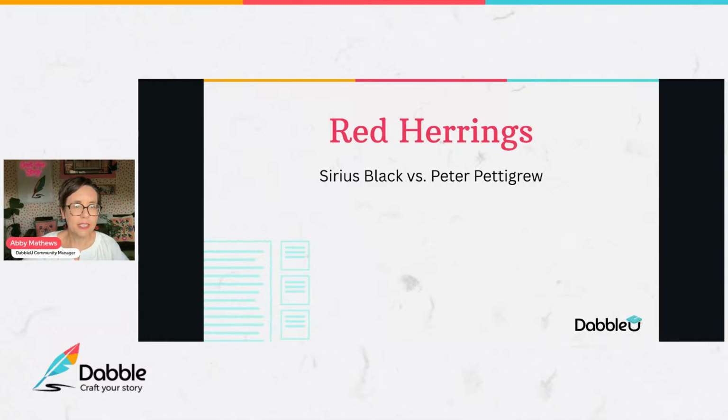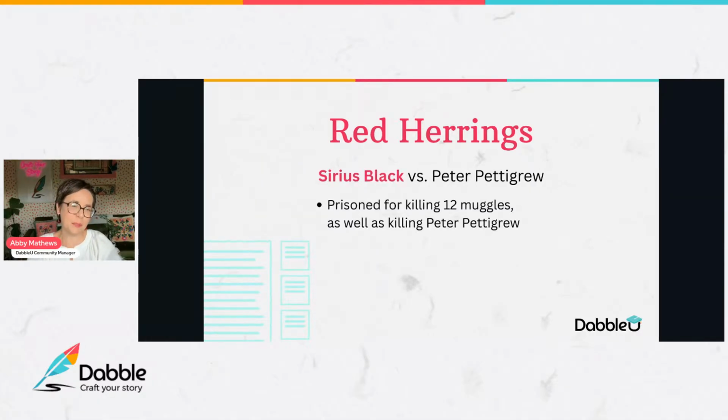All right, so let's talk about the red herrings, right? So first, we have Sirius, the biggest red herring in the book, right? For the entire book, we believe that he's bad for all the reasons laid out in the previous slides. The characters believe it. There's rumor, there's gossip, right? And Rowling has framed all the scenes to lead us to believe that Sirius is guilty and truly is after Harry, right?